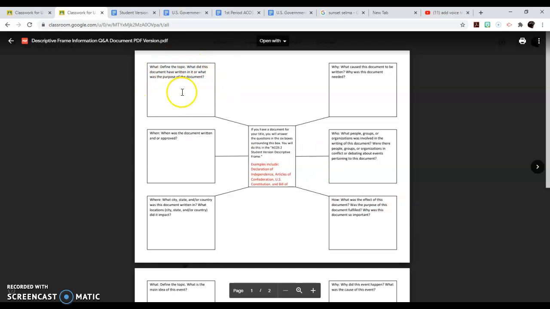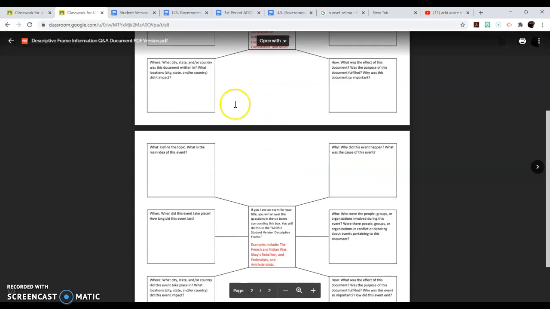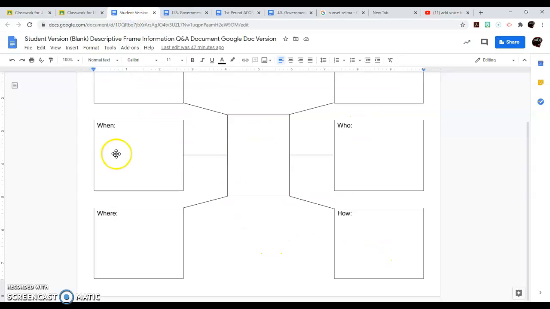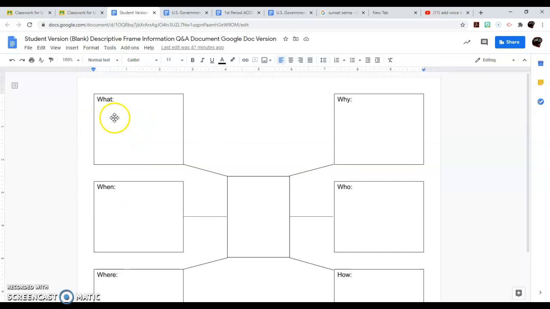If you are Bill of Rights, I want you to just basically tell how many amendments are included and what the first 8 was for, okay? And so again, you have your PDF version that's giving you the questions that you're going to answer in these boxes. Again, you don't have to keep the when and the where. If you would like to, that's fine, you can.